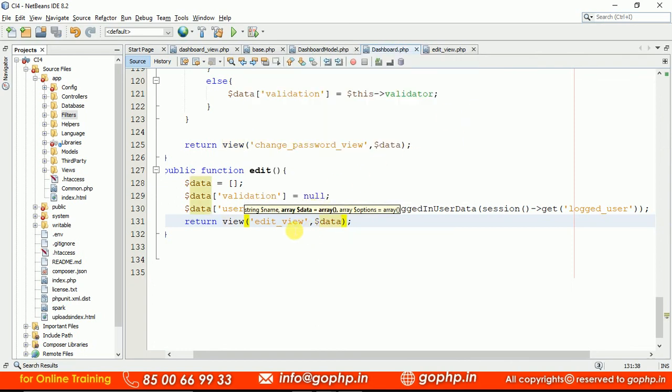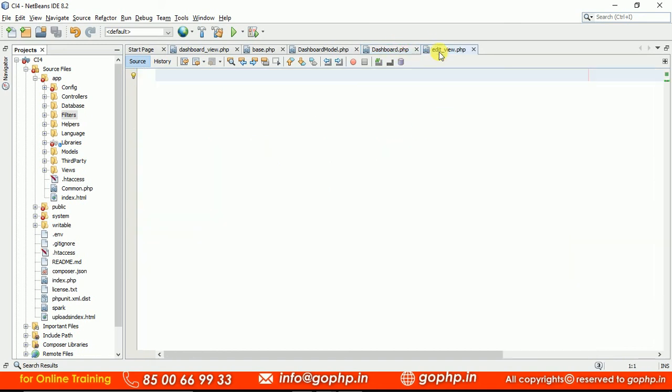So we are passing the data to the view to display the logged in user name in the menu item, and after that we have to display information of the user in the edit form also. That's why we are passing user data to your view. And go to the view and prepare this. First we have to include the template. We already implemented the same. First of all, include base.php. After that we have section, end section for the content as well as the page title also. Let us do the same quickly.